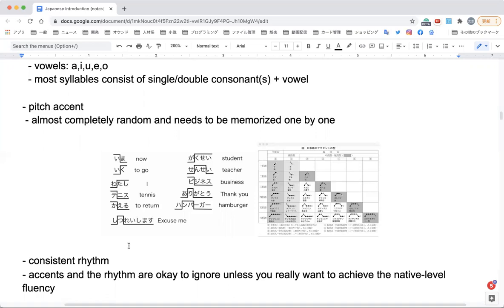But pitch accents and rhythm are actually okay to ignore unless you really want to achieve native-level fluency, because it's not really essential for communication. You can still make yourself understood even if you don't get them right. So you can ignore it, which is actually what the majority of English textbooks for learning Japanese do anyway. So